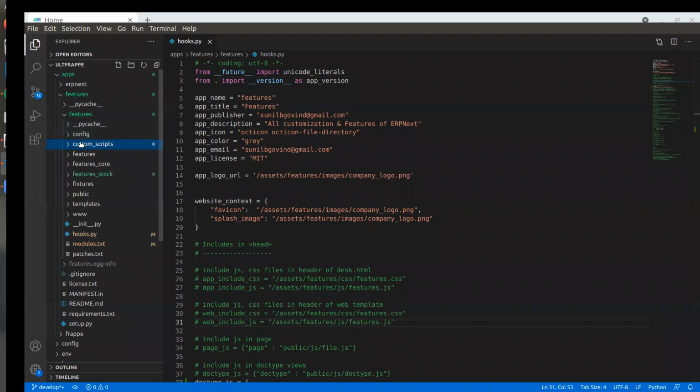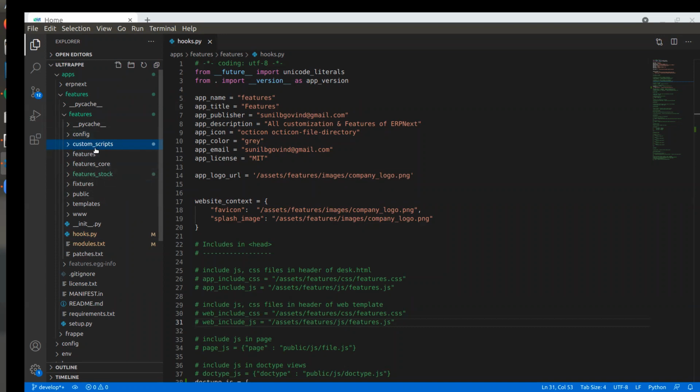In your custom app, you can create a folder like this; it should be case sensitive. So you have to give this name like this, which will be user friendly for other users. When you are maintaining any folder, you can maintain this format. So I just created a custom